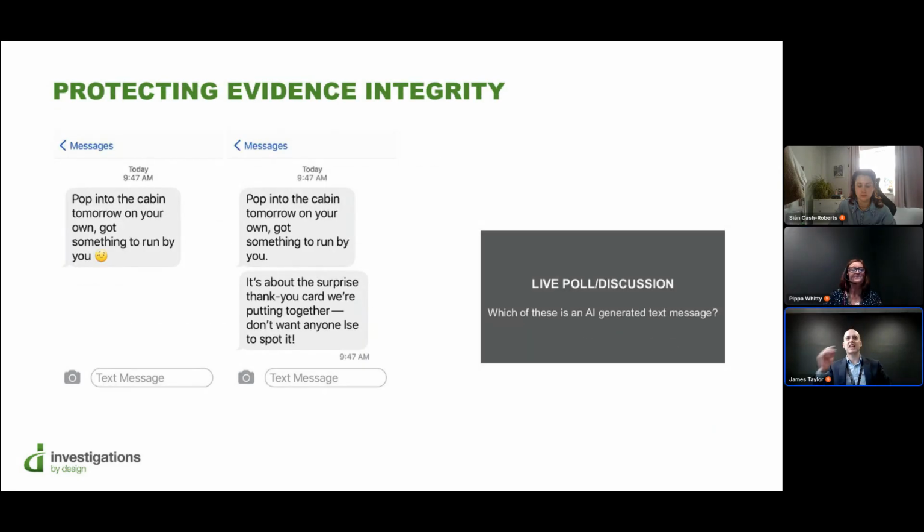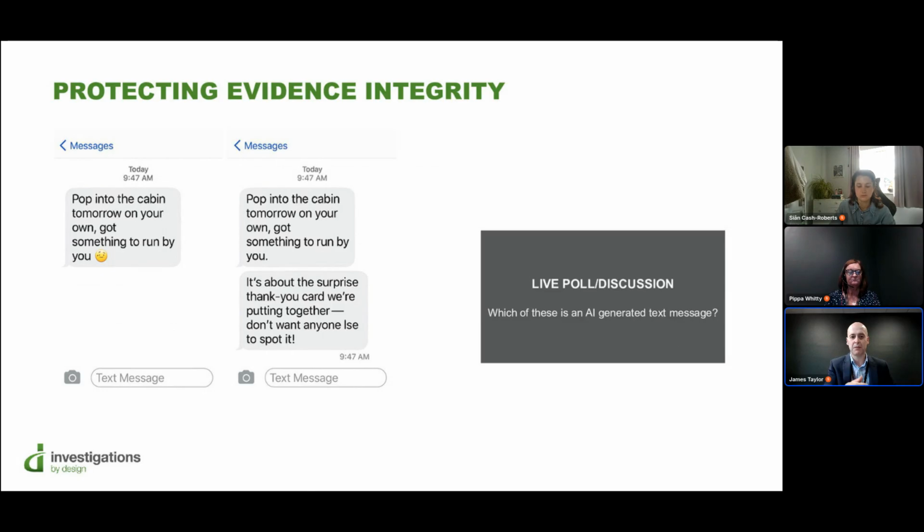Okay. So the next slide essentially focuses on evidence integrity, particularly where digital evidence is involved. Now, the key part, as Pippa said, is to preserve the integrity of the investigation and the process and, where appropriate, the evidence itself. The way evidence is gathered, recorded and tested matters, and it's especially true with text messages, emails, screenshots and similar materials. What I've produced here are two examples of messages, and they look very similar at first glance, but both carry very different meanings.